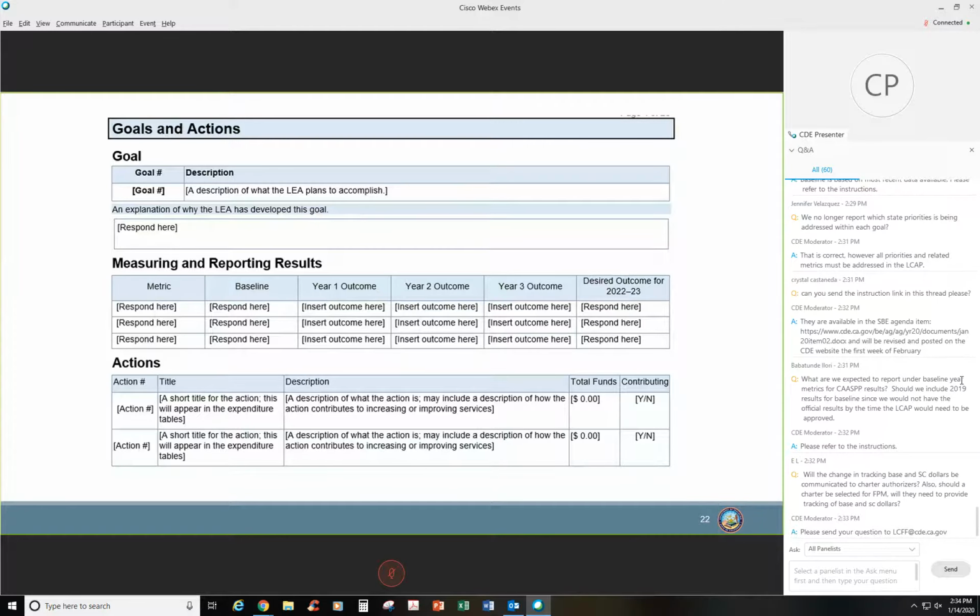The desired outcome on the far right is where you're going to be in 3 years. The desired outcome might change as you move through the years, and those changes will be articulated in the goal analysis section in future years. What goes in the year 1, year 2, and year 3 outcome tables are reported after the fact, if you will.